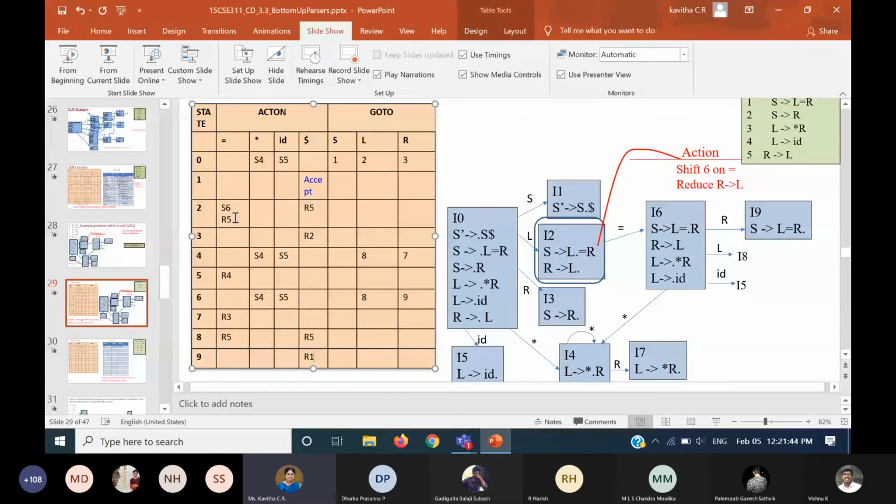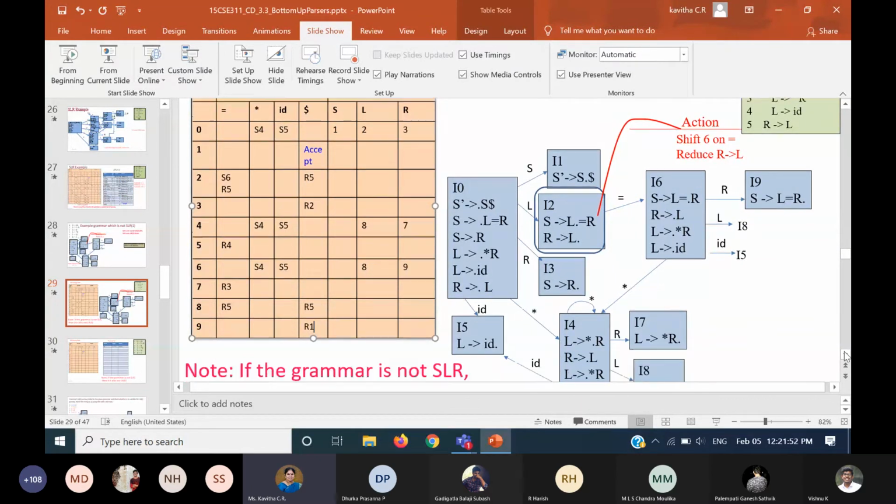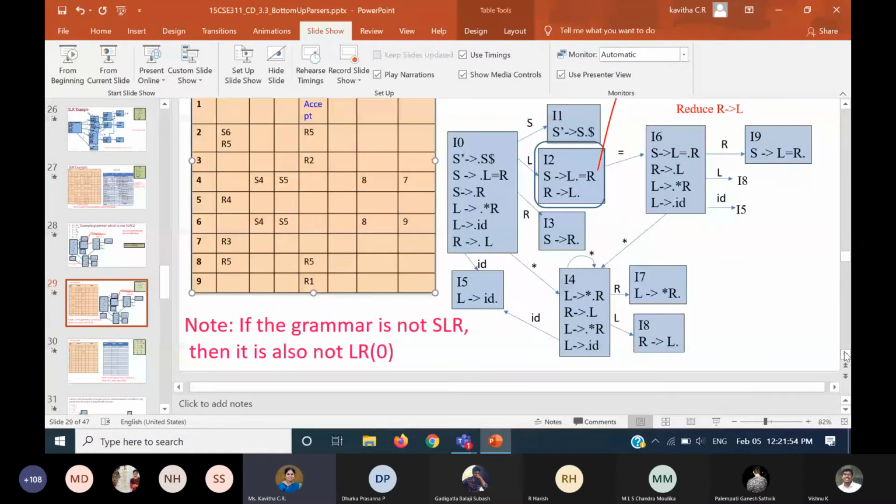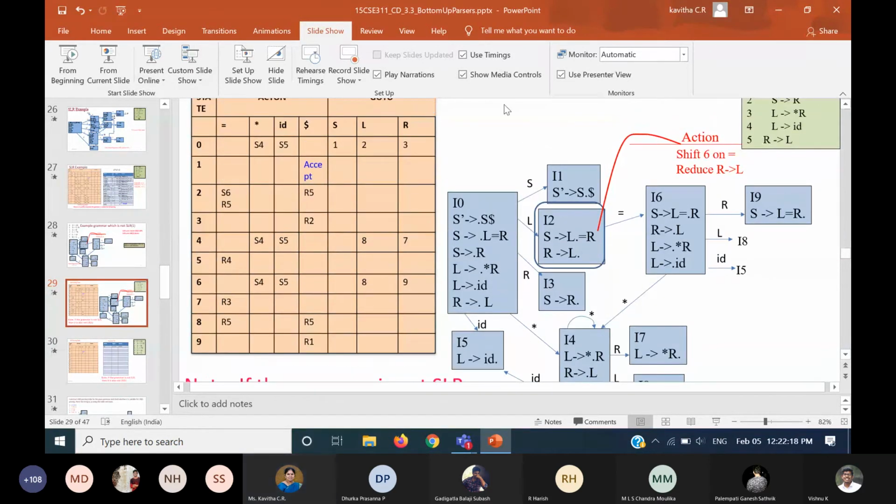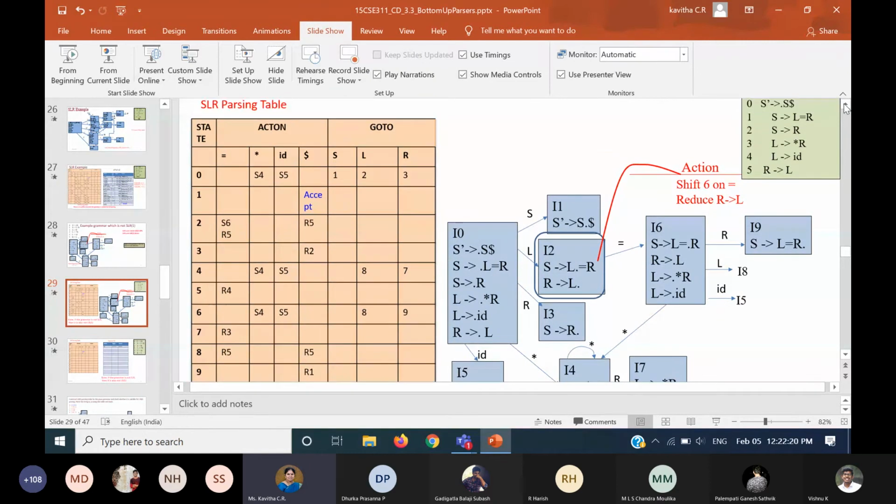Now, just because of this, the conflict occurs, as I already mentioned. This particular grammar has a conflict. Therefore, it is not suitable for SLR parsing. If you get that instance, suppose you have equals in your string, definitely you will have the conflict while tracing. So you will have to resolve it, or you have to leave it like that only, saying that it is not suitable for SLR parsing. So anyway, this table I am going to copy, and you people can trace it.